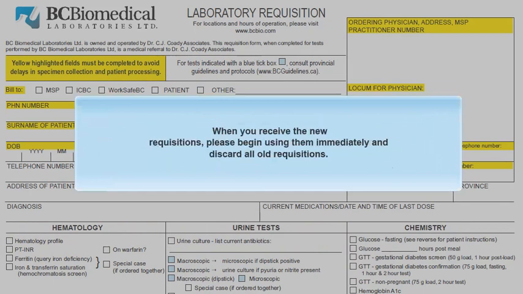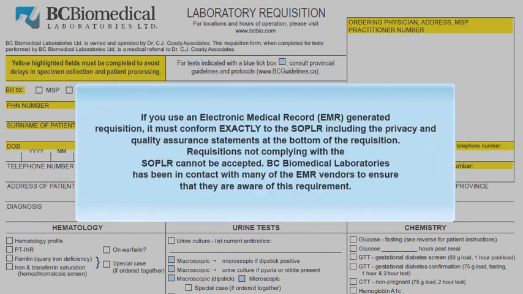When you receive the new requisitions, please begin using them immediately and discard all old requisitions. If you use an electronic medical record generated requisition, it must conform exactly to the SOPLR, including the privacy and quality assurance statements at the bottom of the requisition. Requisitions not complying with the SOPLR cannot be accepted. BC Biomedical Laboratories has been in contact with many of the EMR vendors to ensure that they are aware of